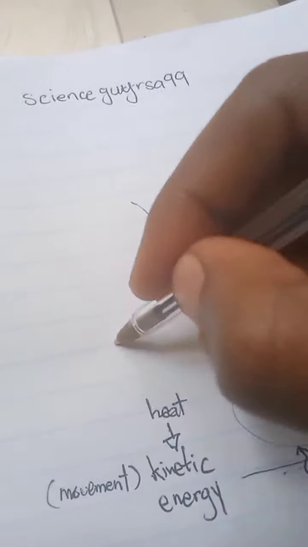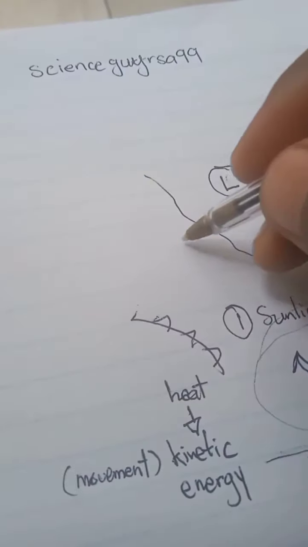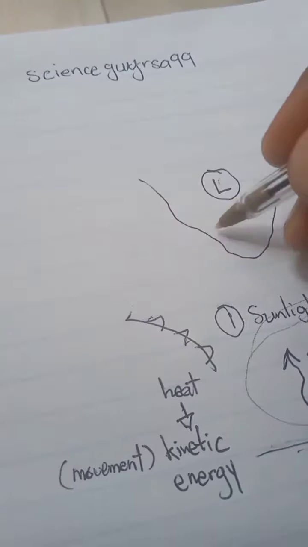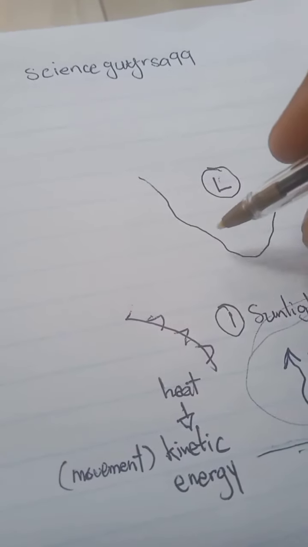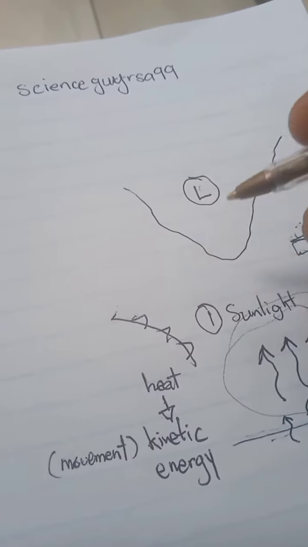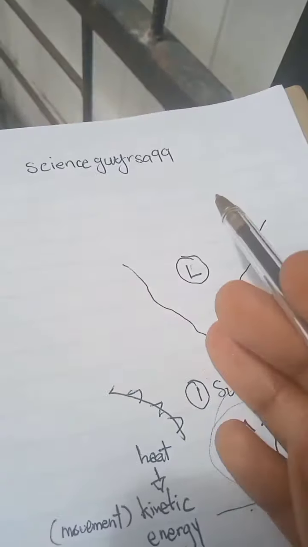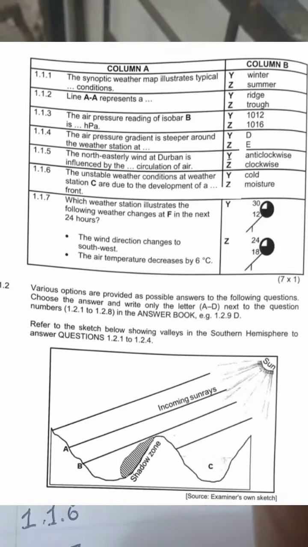Well, you can also see that the mid-latitude cyclone is further south. Okay, so it is further south. So of course that means that it is not winter. Remember, mid-latitude cyclones only affect South Africa, the southern region, during winter. Okay, so because it's not there, that means it is summer. So we're saying that it is summer, and summer of course corresponds with the option Z. Okay, so it's the second option, summer.